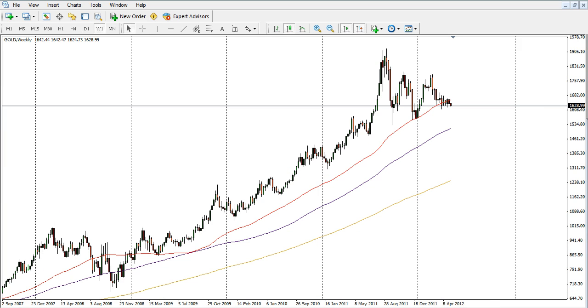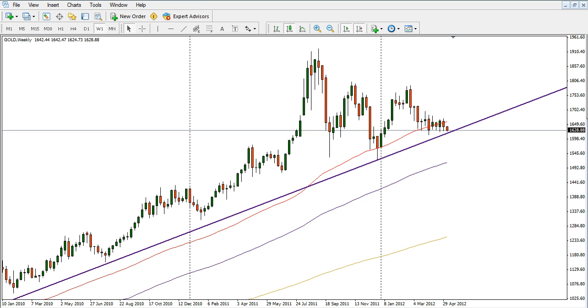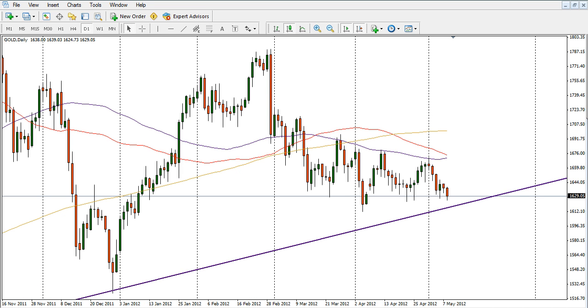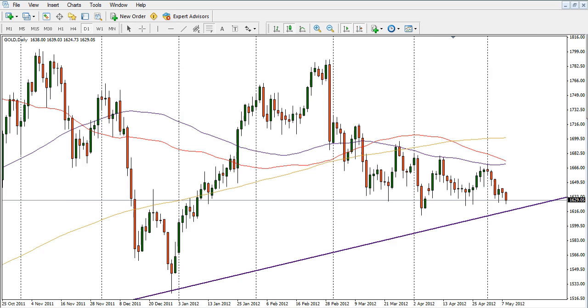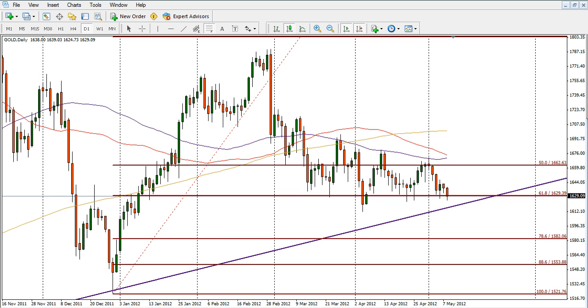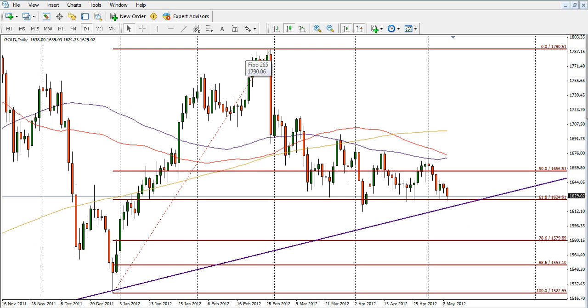Okay, that's it for the forex. Let's have a little look at gold. In terms of gold, what do we have? You have to have this trend line support on your charts here. It's been holding since 2008. It's the key trend line on the weekly. In terms of moving averages, nothing really of interest. So let's flip it to the daily. The fib that everyone's looking at, and me included, is from the low there to the high there. And as you can see, the main area of interest on gold is this 61.8% level